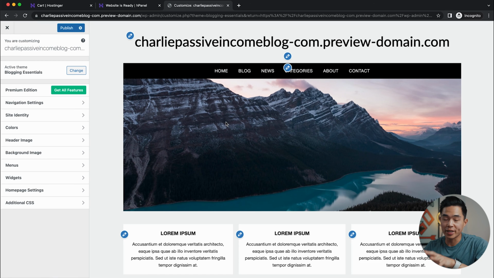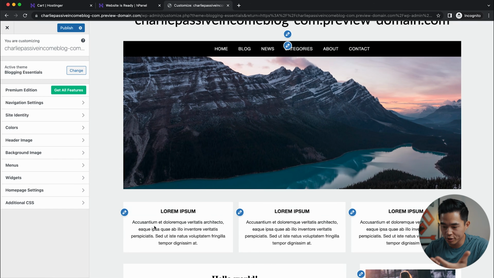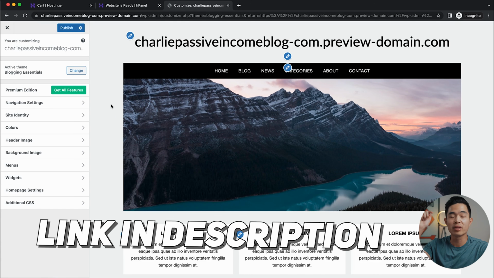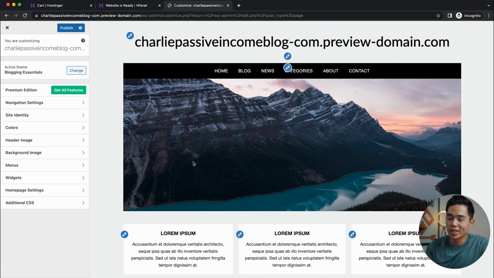And yeah, this is the built-in editor that comes with this template. You guys can use this. It's very easy to use. I'm not gonna go over this too much in this video. I actually do have a video where I show you exactly how to make the blog itself. And yeah, that video is gonna be linked down below. Essentially, what I recommend doing is just use the built-in editor for the home page.